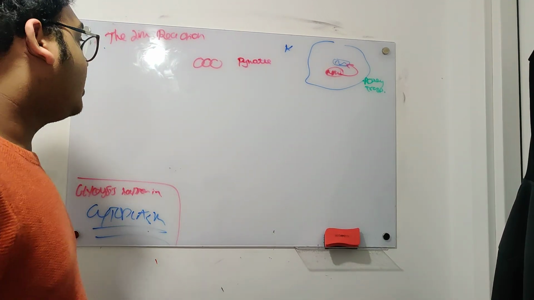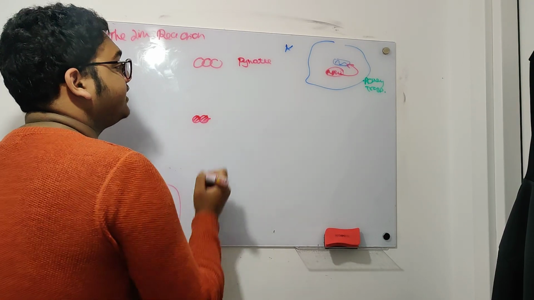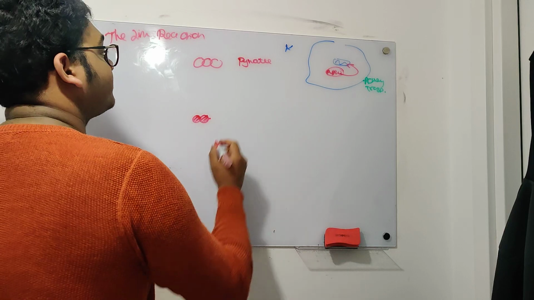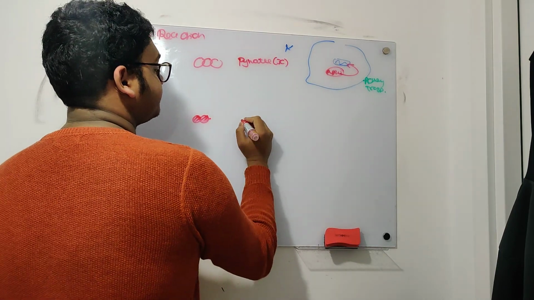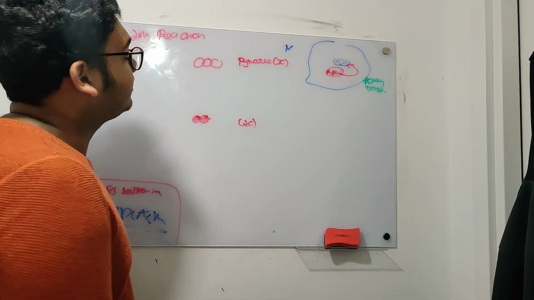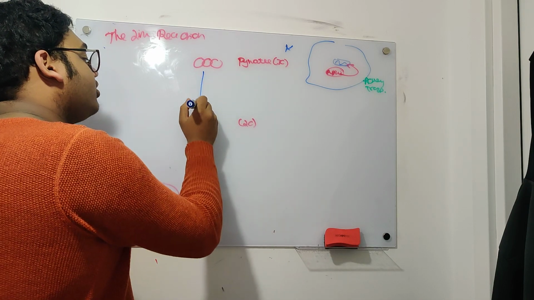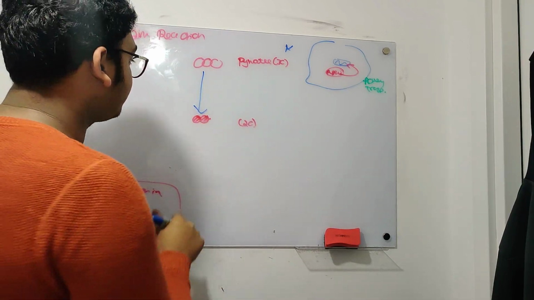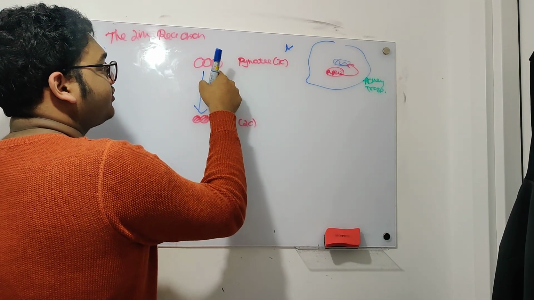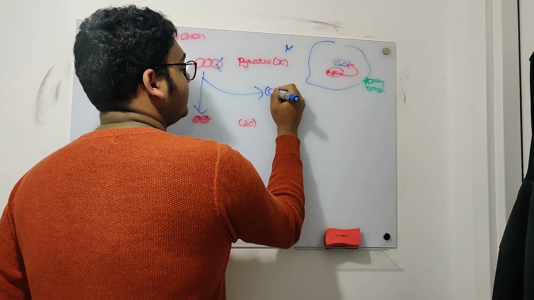Now, our final product is the acetyl group. And acetyl has 2 carbons. Pyruvate has 3. So clearly there's 1 carbon being lost, and that process is caused by something called a decarboxylation enzyme. So over here, one of these carbons is going to be removed, and that's going to cause CO2 to